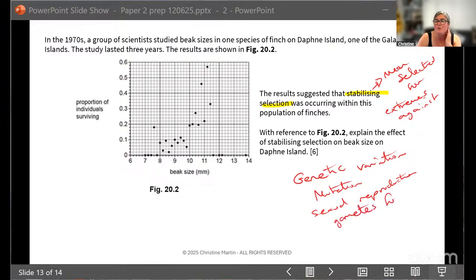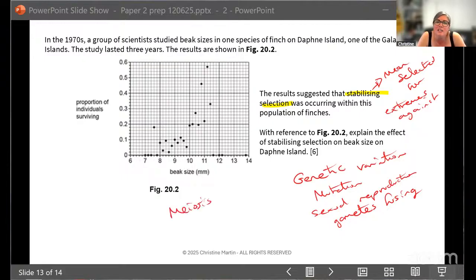The reason I say that is because gametes can refer to whether we're talking about pollen in a plant or sperm in animals. So it's important that you use the words that you feel comfortable with. If you're not sure, then don't use the word, use the generic term. A gamete is a sex cell. So we've got those gametes being fused, but then where did the gametes come from?